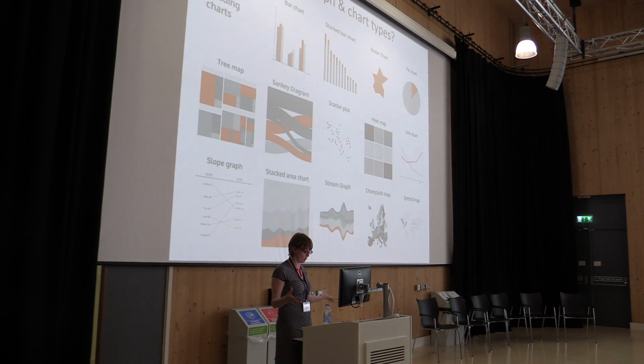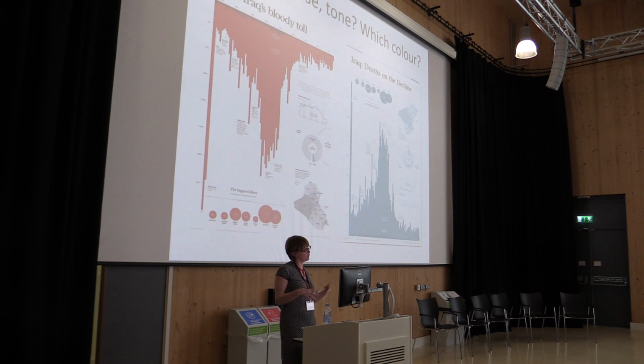You've got to make a decision about what graph or chart type you're going to use. There are over 50 chart types with names, so they're kind of the recognisable ones, but you might take a very experimental and as yet unnamed format for your visualisation. What's your purpose and therefore what's your tone? We can see that that matters here with Iraq's Bloody Toll, and what we can also see here is that colour communicates meaning. It's not just decorative. So, you know, thorough knowledge of colour theory wouldn't go amiss here if you're a social scientist thinking about visualising your data.